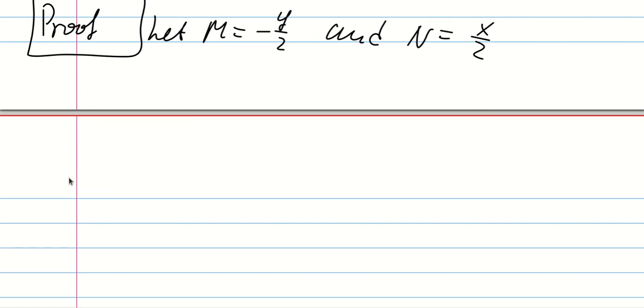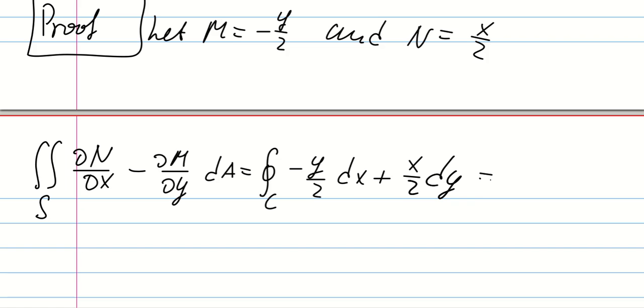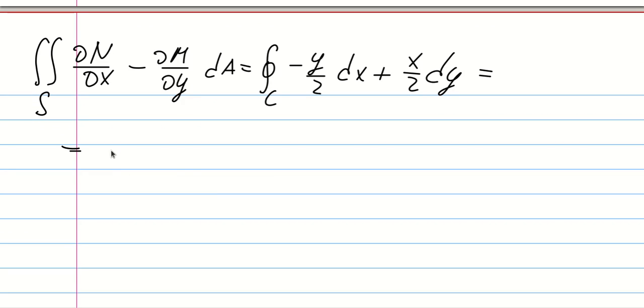So if it's true, then the double integral over S of dN/dx minus dM/dy dA is exactly the integral over the closed curve of negative y over 2 dx plus x over 2 dy, which is equal to 1/2 minus negative 1/2 dA, if you take the appropriate derivatives,